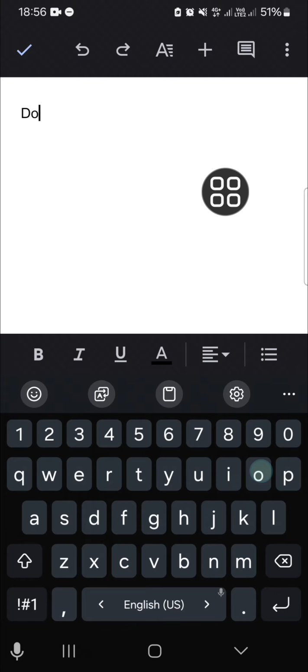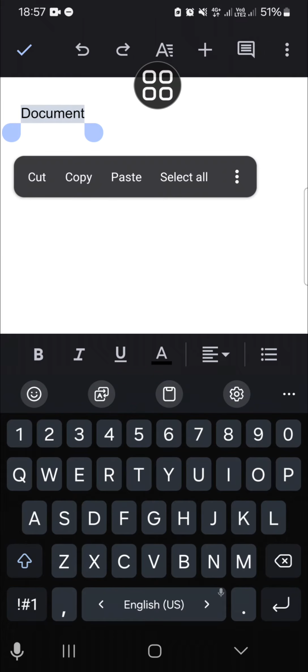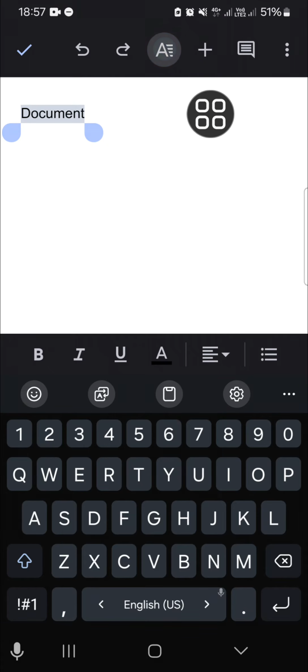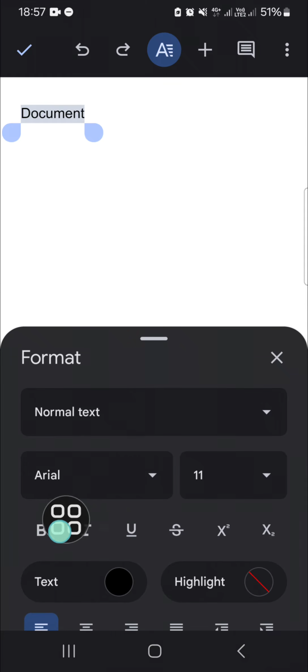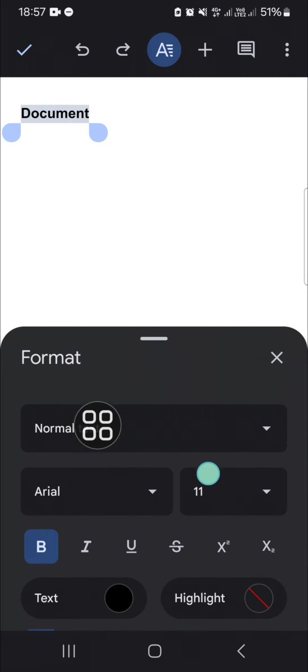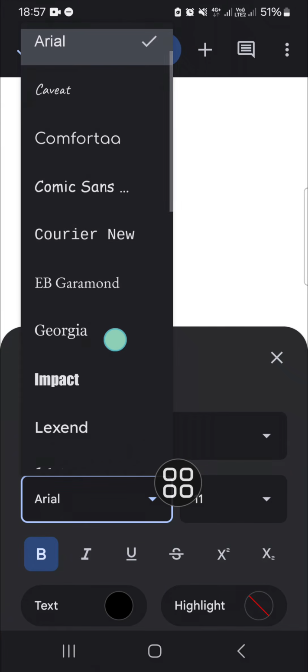For example, I'm going to type in document, and if you want to change the text format, you can select the text like this, and you can click on this icon, and you can apply bold text, italic, underline, or strikethrough. I'm just going to make it bold, and if you want to change the font, you can select this option. I'm gonna go with